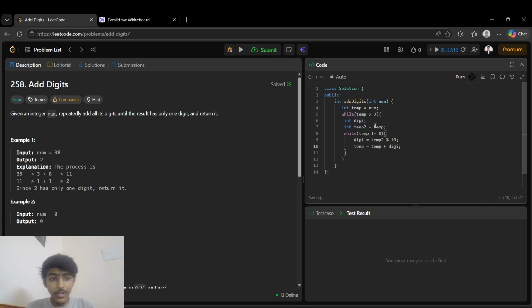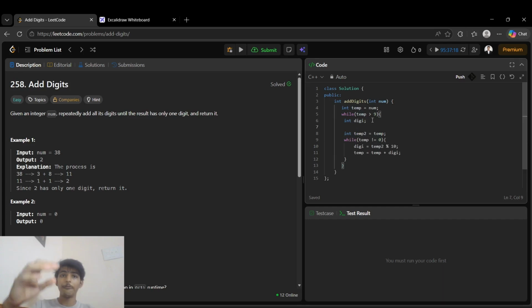Also, I forgot another thing. As I mentioned, we will need to store the fresh number inside another variable. But for that, we need to set the original variable equal to 0 inside the loop. Like temp is our original variable inside the first loop. We need to set it to 0 so that we can store the fresh number, as I mentioned. So we will be storing digit inside the temp, and then